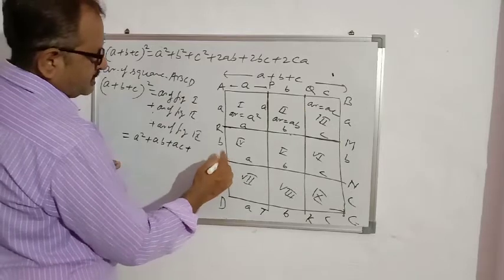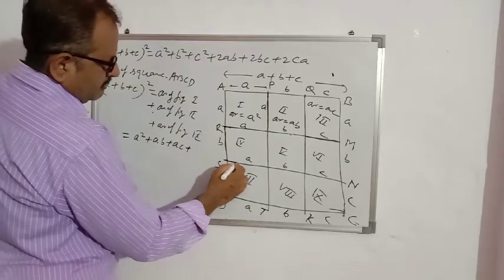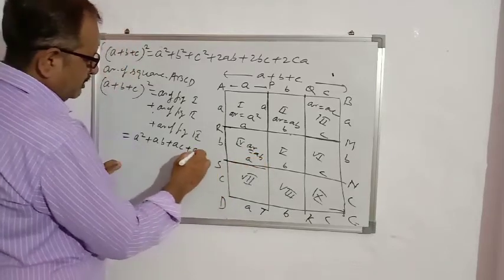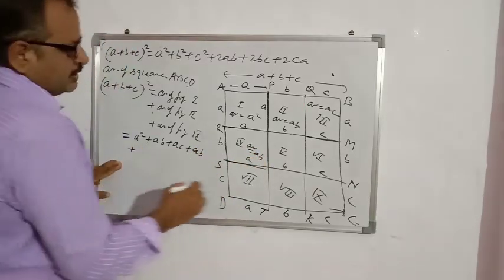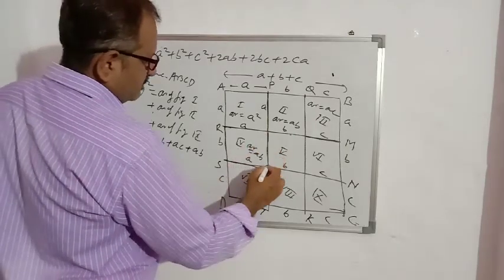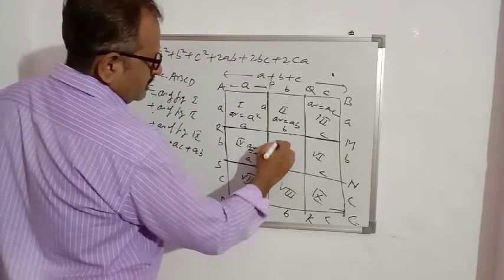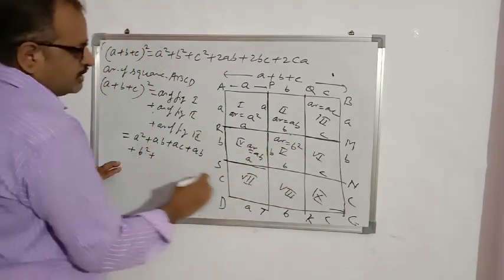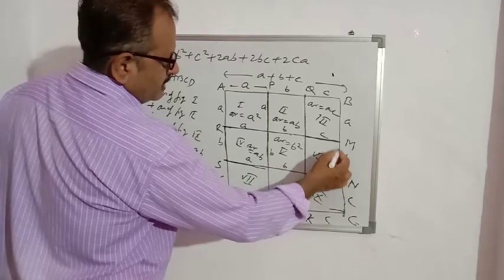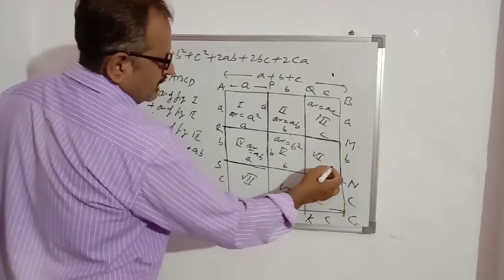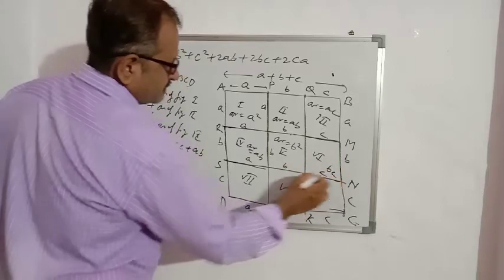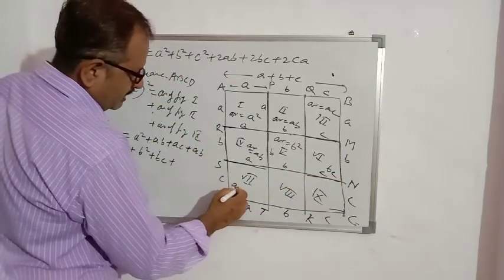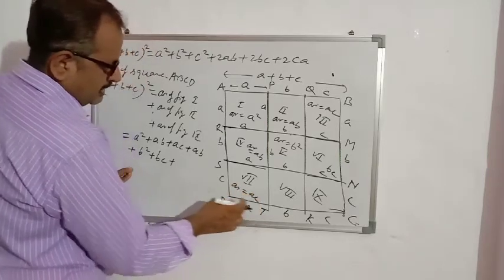Fourth one, the length is B, the breadth is A. So what is the area? Again it is a rectangle, AB. Plus the fifth one, this portion is B, the breadth is also B. It is a square, so the area will be B square. Sixth one, this side is B, this side is C. The area will be BC. Seventh, what will be the area? AC. The length is A, the breadth is C.